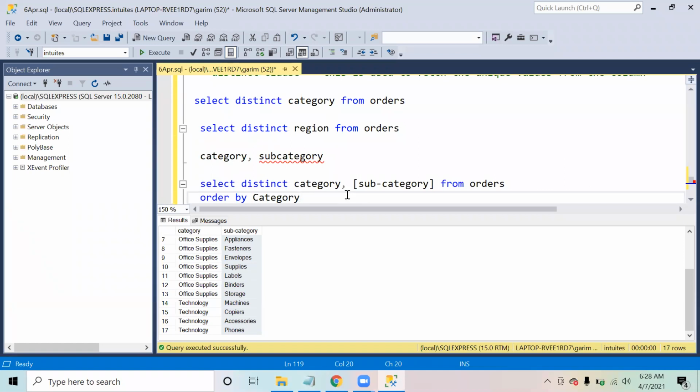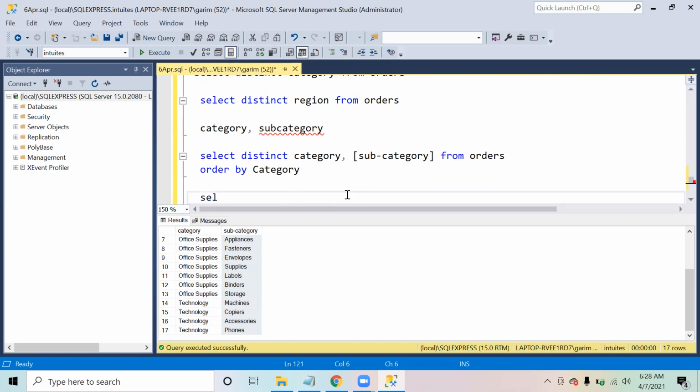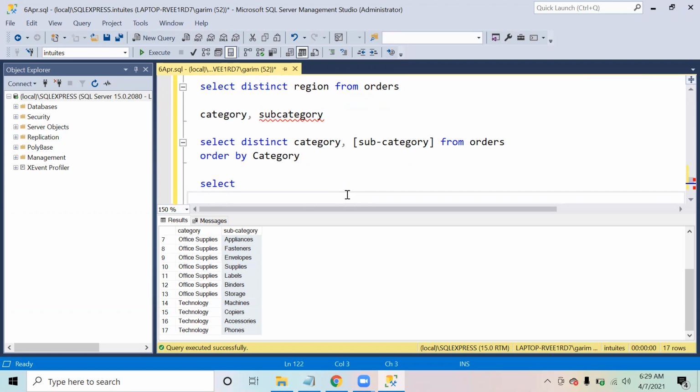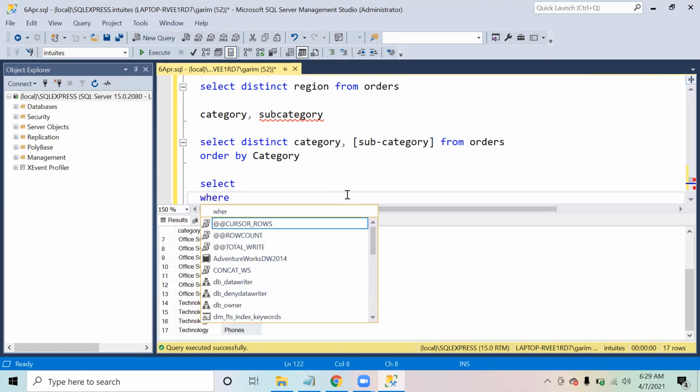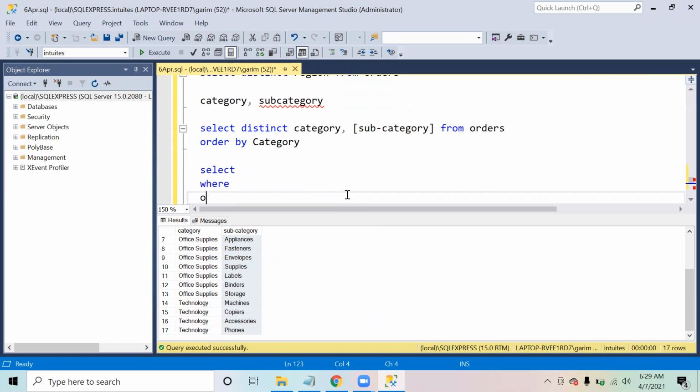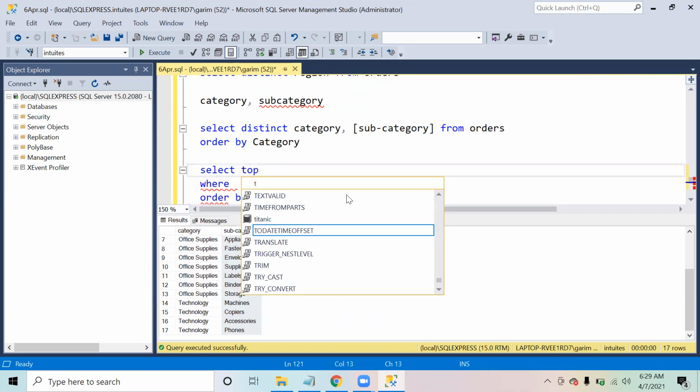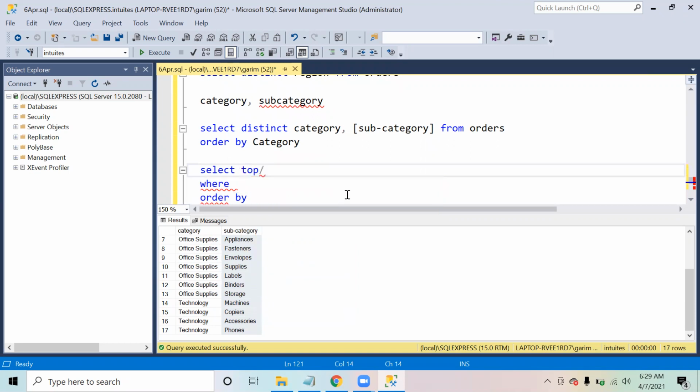Right. So now we have seen a couple of queries over here. In every query, we are using select in order to fetch the data. Under the select, we have seen that I can use the where clause and I can use order by. And inside over here, I can use either top or distinct.